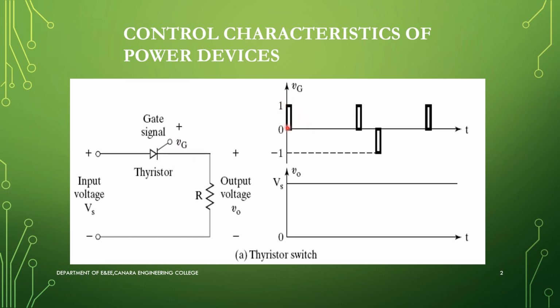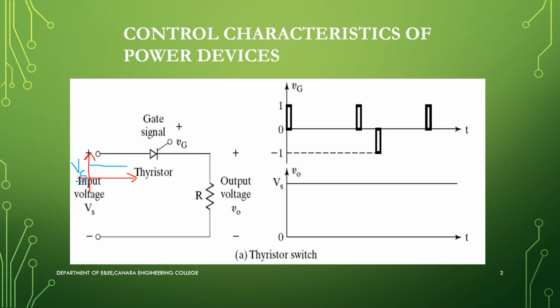It should not be a continuous signal. It is a pulse signal. So you can observe here, it is a positive pulse. And the input over here is DC. So the input here you can consider a DC voltage having magnitude Vs. Fine. So now how does the circuit work?